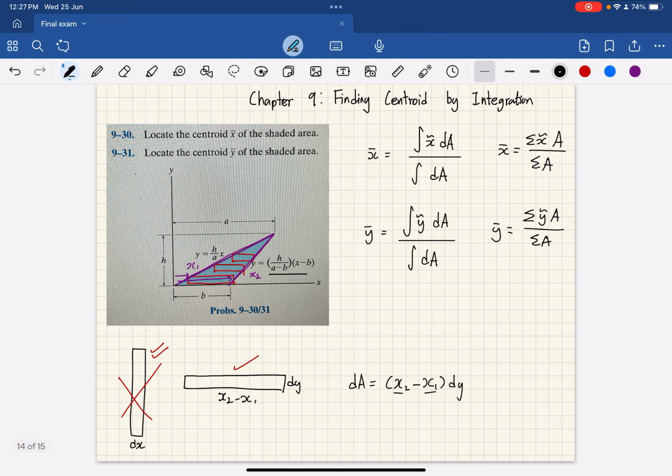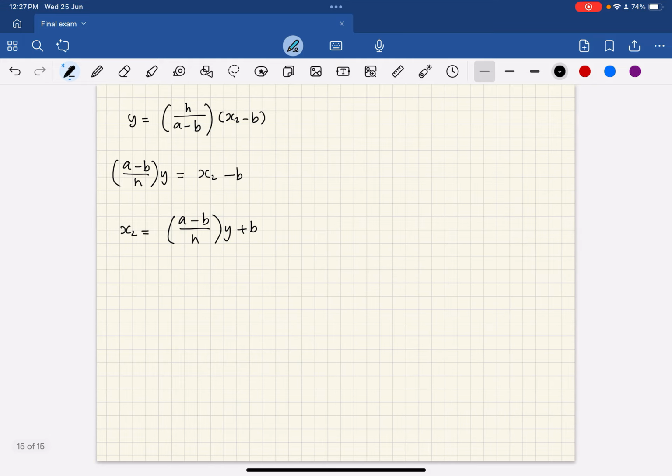How about x1? We use this equation right here: y equals h over a, x1. So x1 is equivalent to a over h, y. That made things a whole lot easier for us, so we can try to simplify our equation for dA. So our dA is x2,